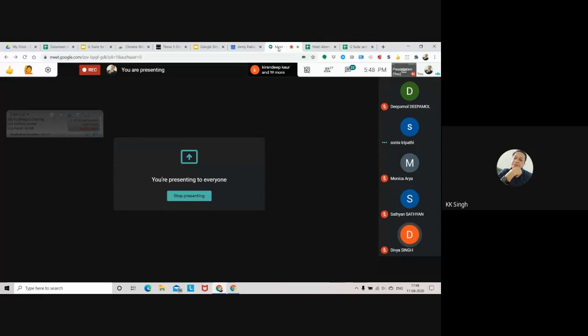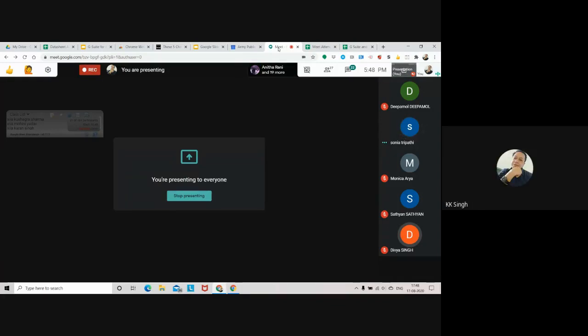You can see it anytime, but I suggest that when all the participants are there in your class, you should see this sheet once. At that time, all the participants will be recorded into this sheet. Yes, ma'am, Tripathi ma'am, please go ahead. If it is downloaded, then I can see it after the meet also, no?